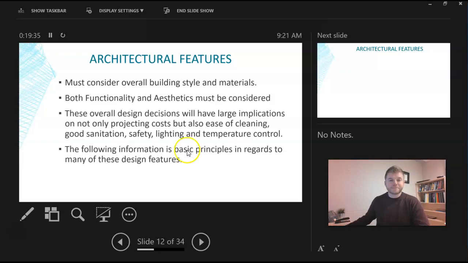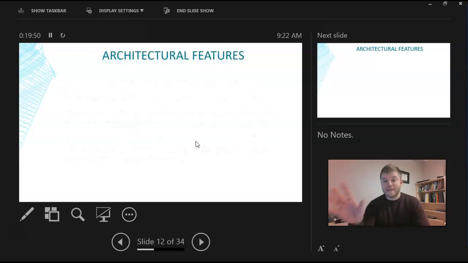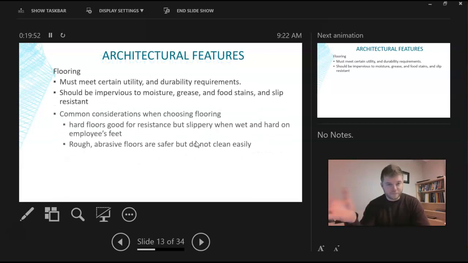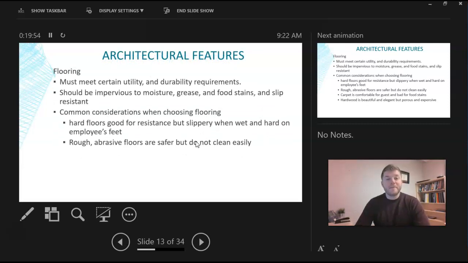to be nice. So these overall design decisions will have large implications on not only the cost, but also cleaning, sanitation, safety, lighting, temperature, all of these things. And the following information is a basic principle in regards to many of these design features. So flooring, it must meet a certain utility and durability requirement. It should be impervious to moisture, grease, food stains, and slip resistance, such as